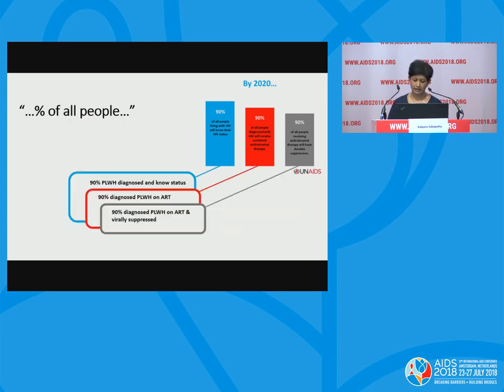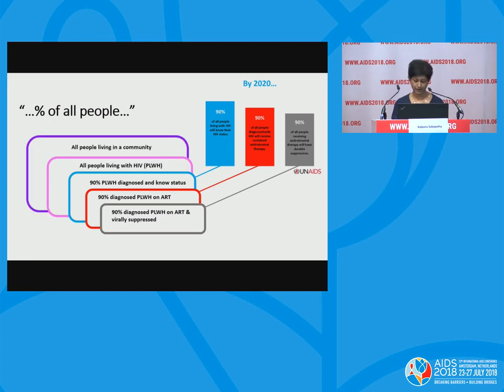So looking at the targets then, if we start with the first 90, the starting point is the accurate identification of all people actually living with HIV to get the denominator for the first 90. And the necessary precursor, therefore, is the identification of all people living in the community. For the purposes of the UTT trials, this is all adults living in the communities, usually defined as older than 15 or 16 years. And the next few slides illustrate just some of the challenges of identifying this denominator population